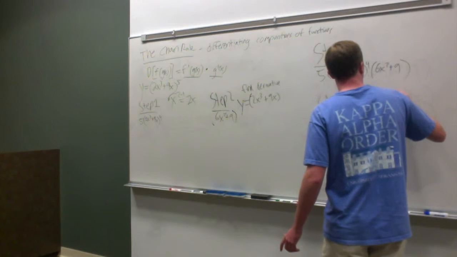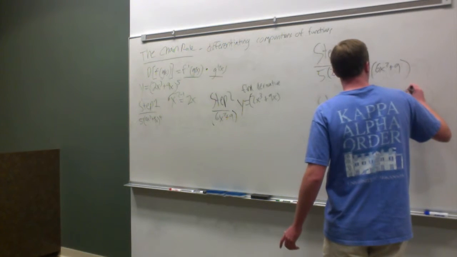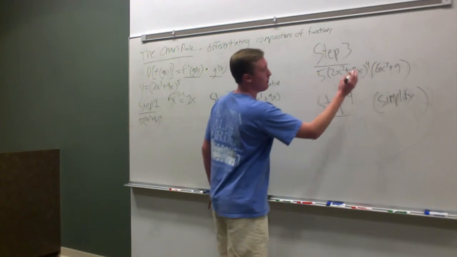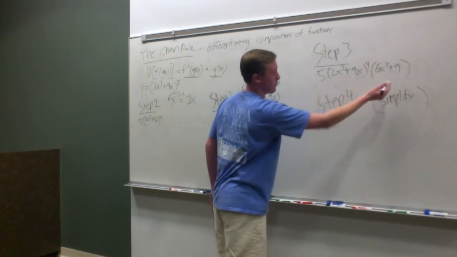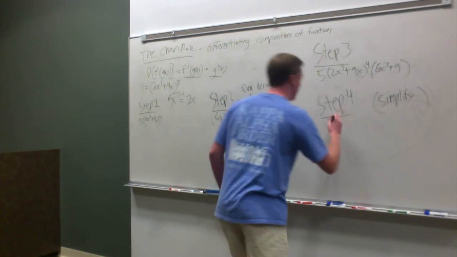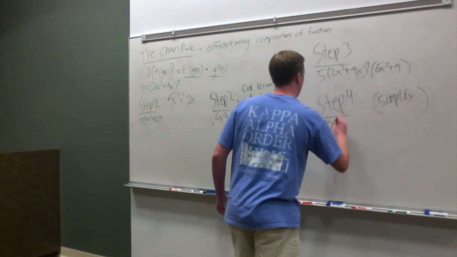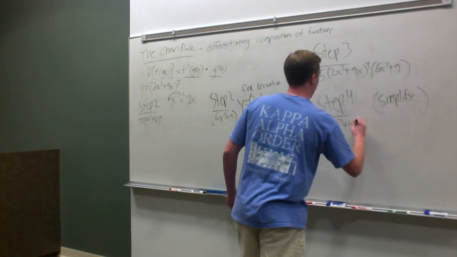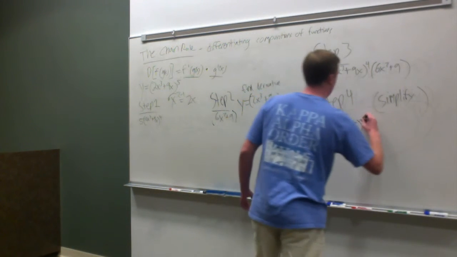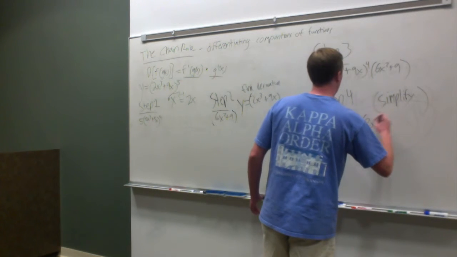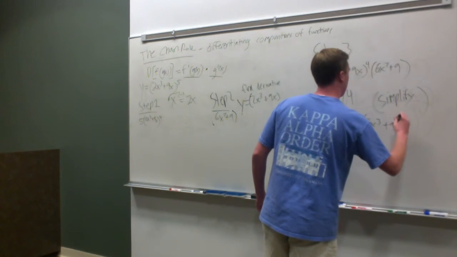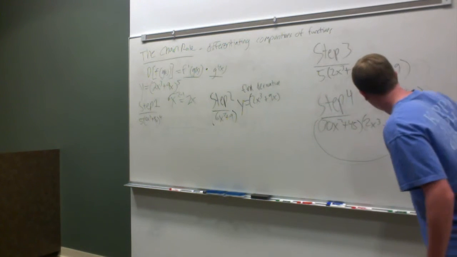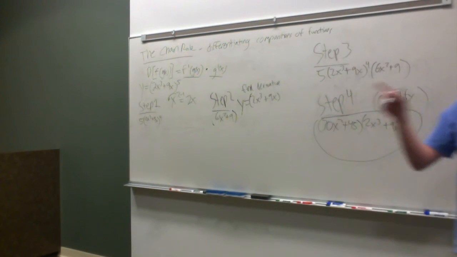Simplify. All right, and that's pretty simple. All we're going to do here is multiply 5 by this function right here, 6x squared plus 9. That's easy. 30x squared plus 45, times (2x to the third plus 9x) to the fourth. And that is our answer, and that is the chain rule